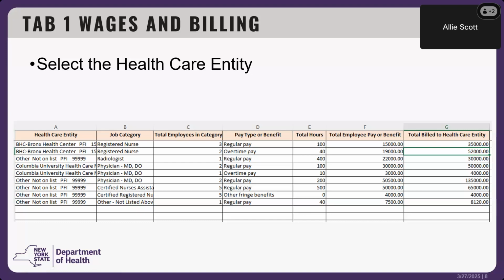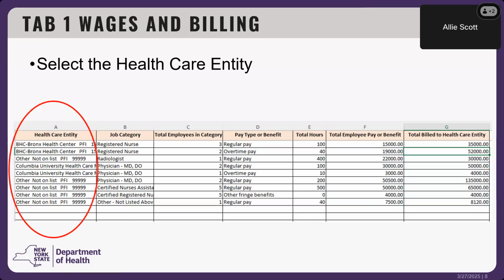Also, any third-party placements and transactions that only the agency had invoiced for directly should be entered on tab 1. The invoicing agency is responsible for all data entry per Article 29K. The same goes for any information that's on tabs 3 and 4, which we'll go over in just a bit.